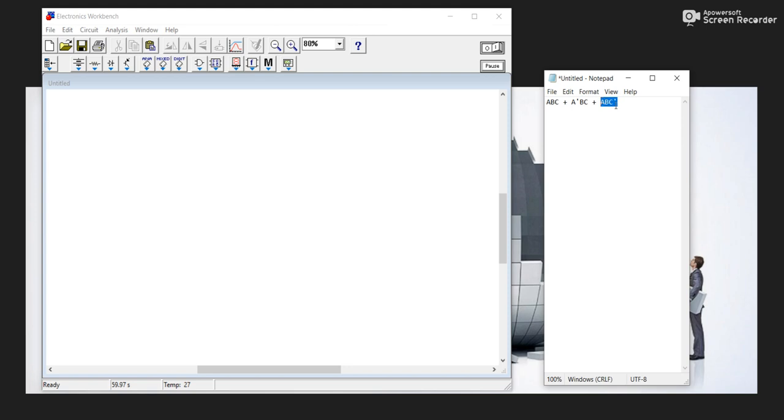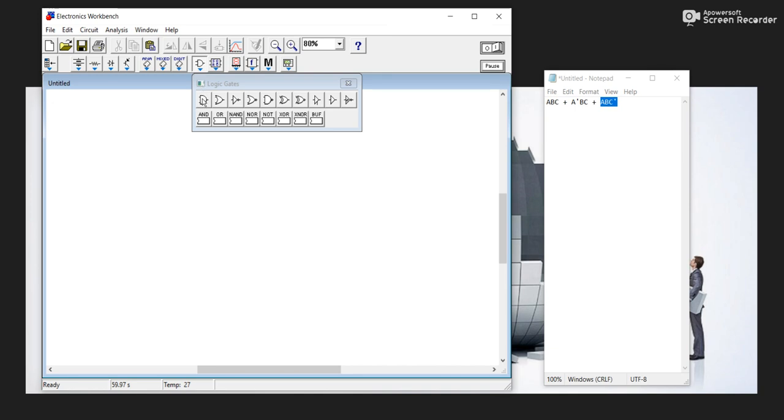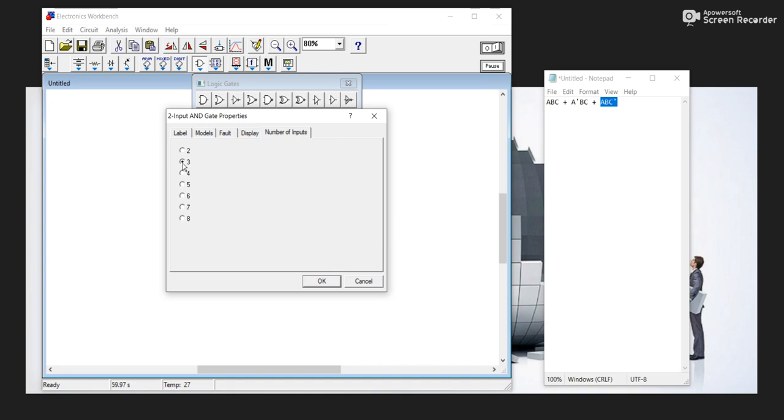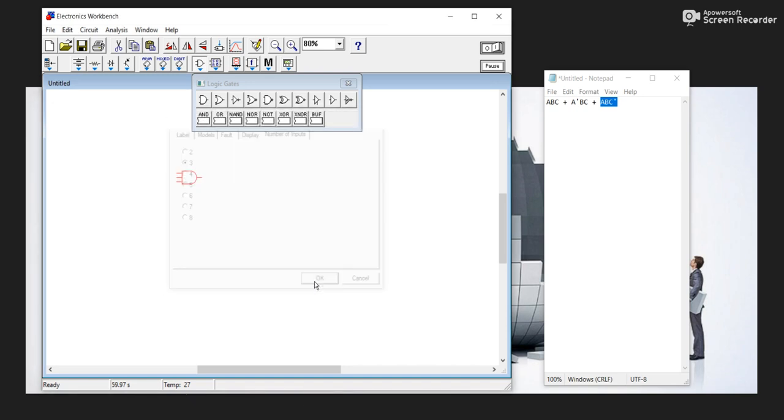Because I have 3 variables there, what I'm going to be having is 3 input AND gates. For me to do that, I'm quickly going to bring up an AND gate to the screen. Now let me go to the component properties, go to number of inputs, and make it this way. I now have 3 input AND gates, and let me quickly copy and duplicate it, and I have this,